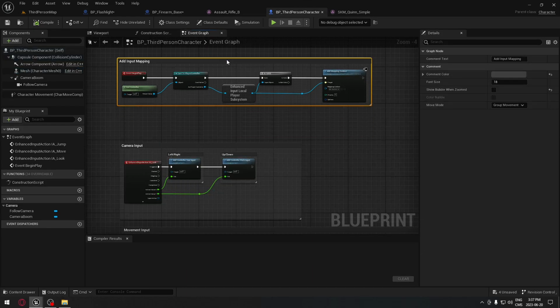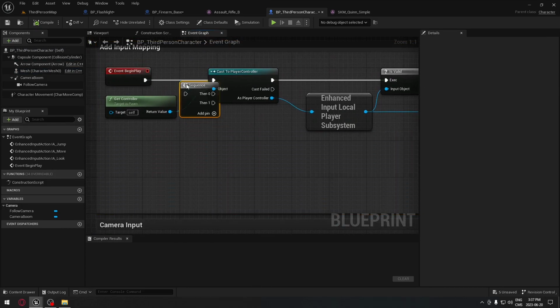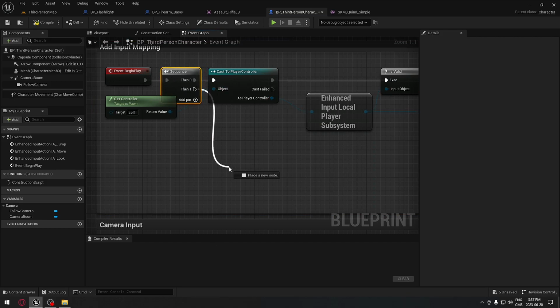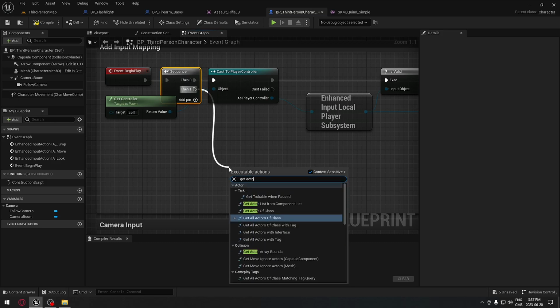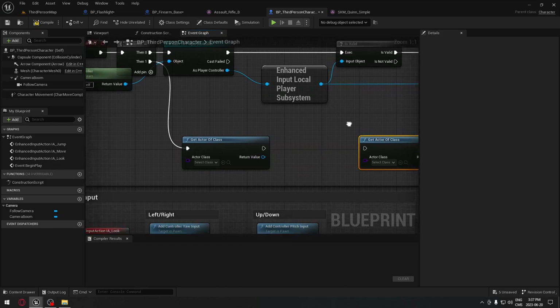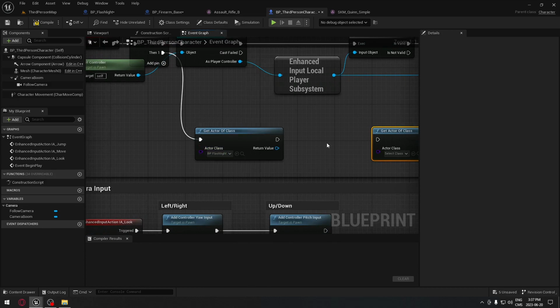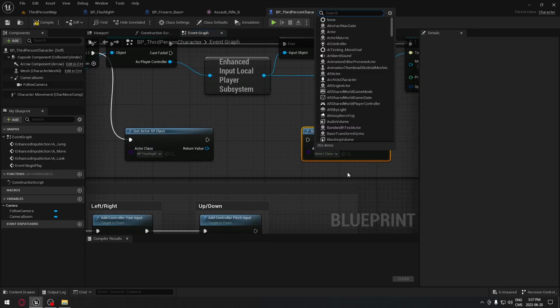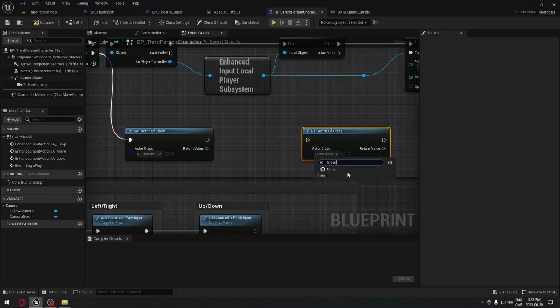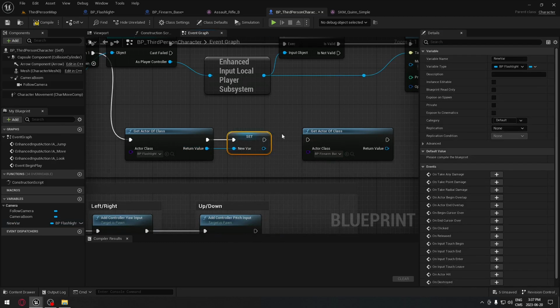We're just gonna move the event begin play a little bit to make a little bit of space. We're gonna add a sequence node. And from here, we're gonna get actor from class. We're gonna repeat that twice. And the actor from class that we want is our flashlight. So we're gonna do our flashlight, and we're gonna search for our firearm, and we're gonna take the firearm base. From both, we're gonna drag from the return value, just promote to a variable,